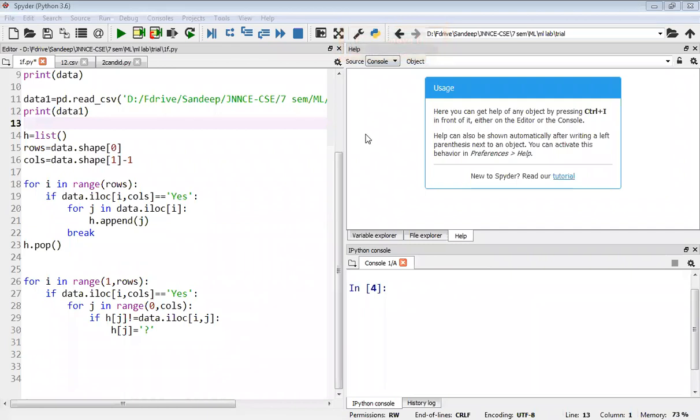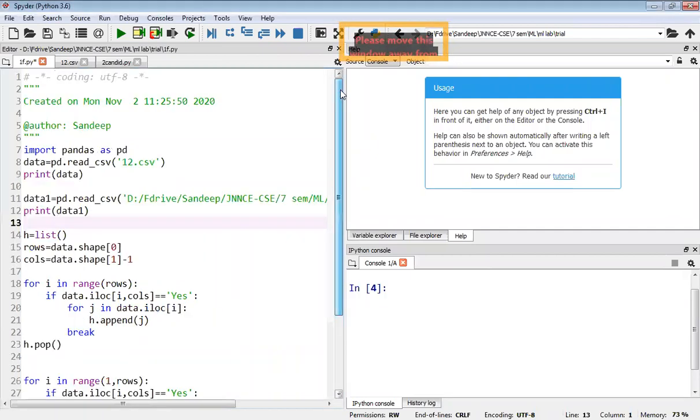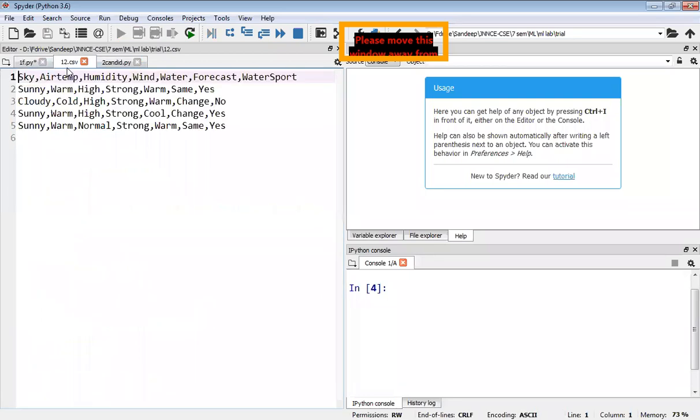Okay, good morning everyone. Yesterday we were discussing the Find-S algorithm implementation. We saw this much, we were discussing these codes. So this was the data set which was used for our program. This data set is given as input to the Find-S algorithm, and the output we are expecting is one hypothesis.